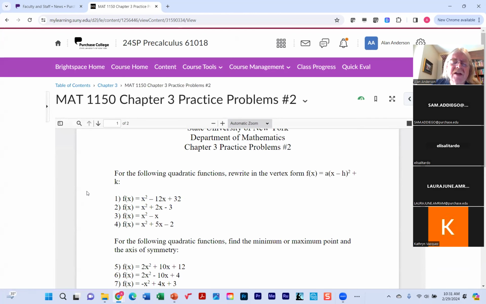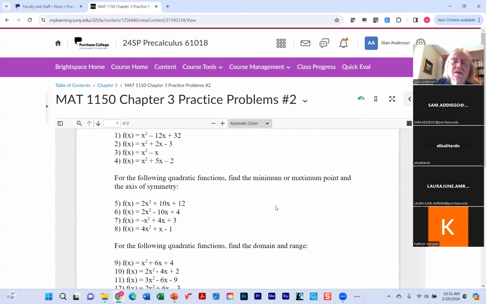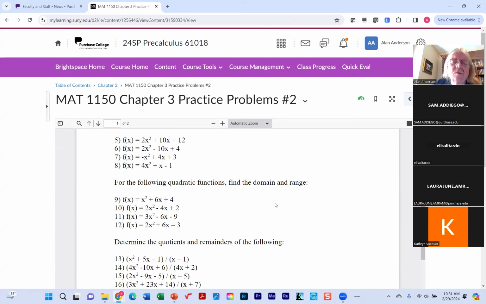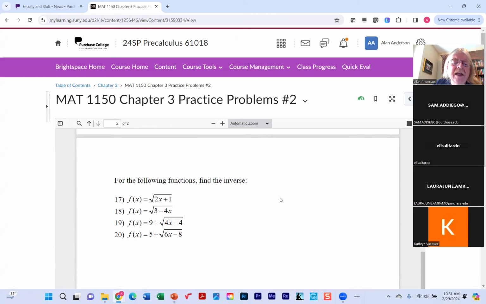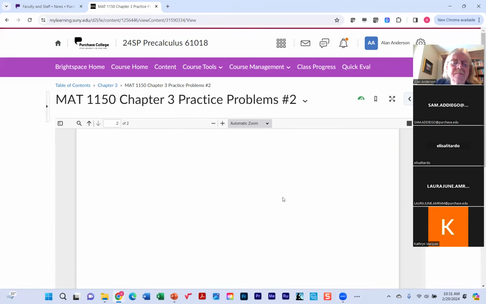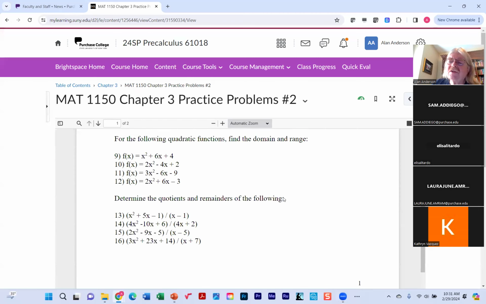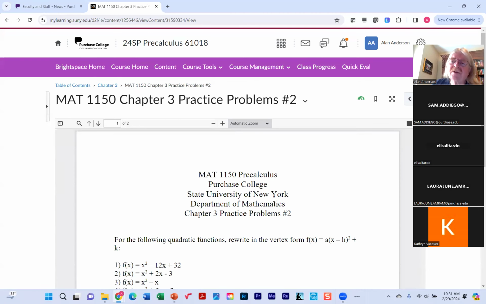So you can see, for example, we're going to be re-examining parabolas. Remember, we talked about the vertex form, the minimum, maximum points, the axis of symmetry, the domain and range. Then we looked at long division of polynomials, and we also took the inverses of radical functions. So that would pretty much cover all of the first 3 chapters, and then that means that we're ready for